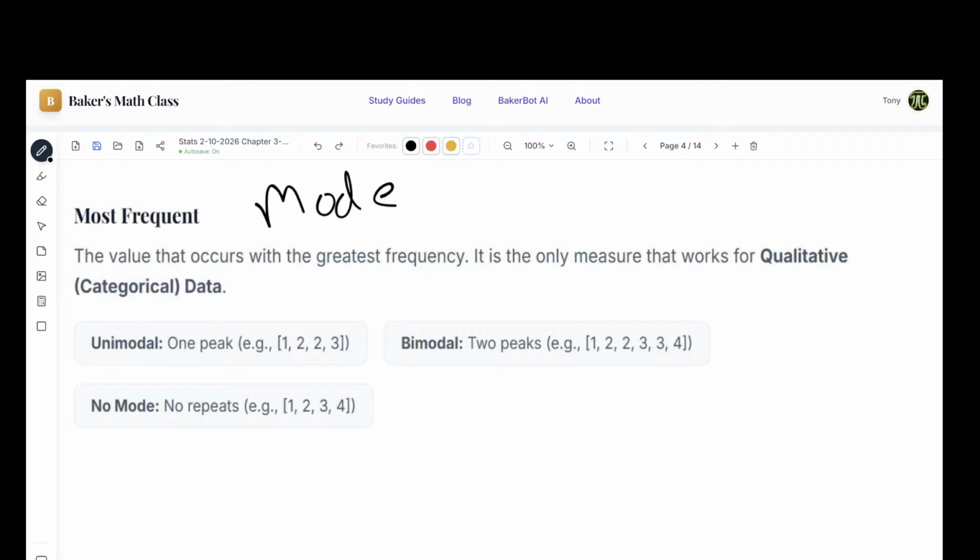If every single number comes up once, I don't have a mode. If every number comes up twice, I don't have a mode. So it is not always necessarily the one that appears more than once. If every number appeared twice except for one number that showed up once, every other one's a mode except for that one number, which is annoying, but it doesn't happen very often. So just remember for mode, you can have multiple of them.